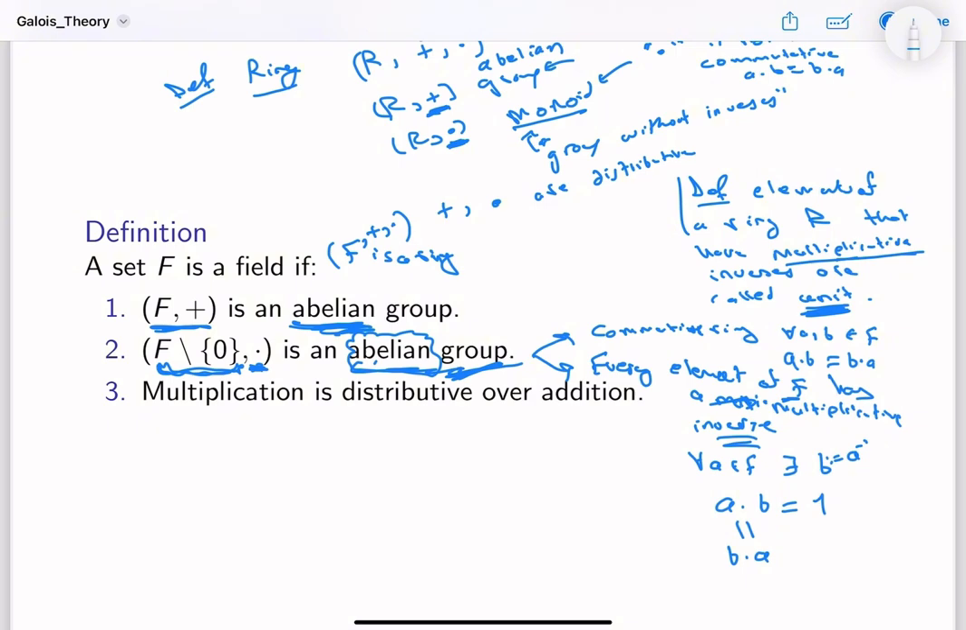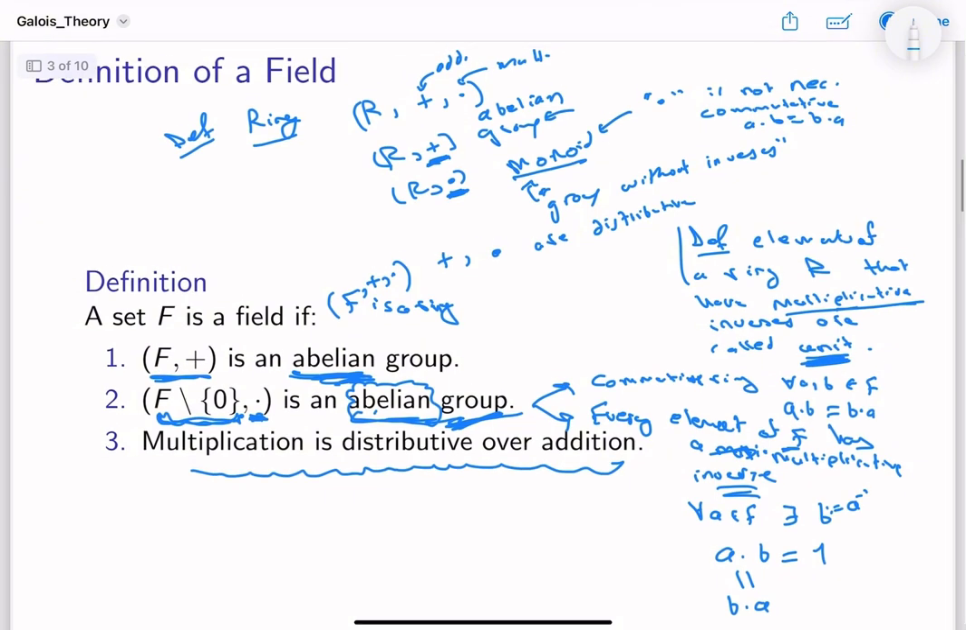So these are the two things. And also, since it's a ring, we have that multiplication is distributive over addition. So this is something that we require. So I hope that this definition is clear. We can state it differently, but